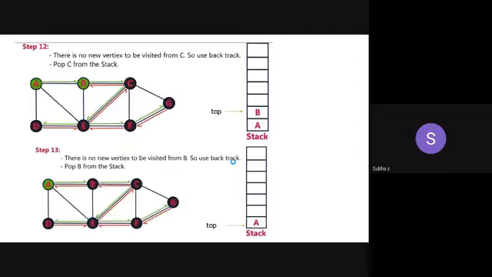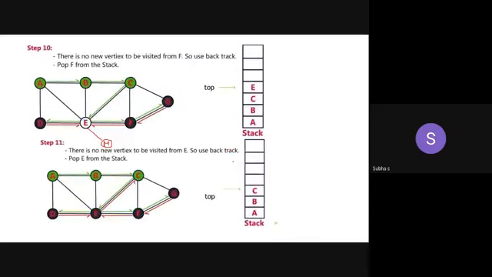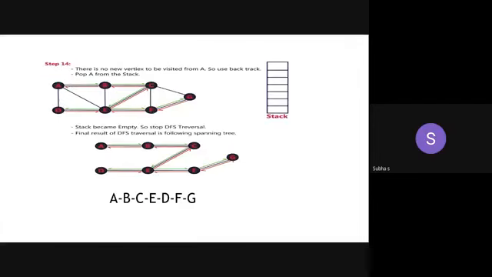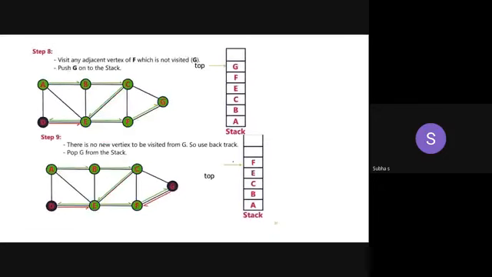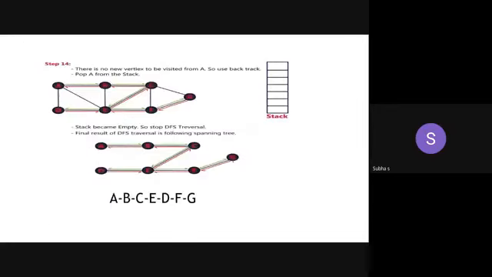In the way we pushed the elements onto the stack, you have to draw the tree like that. A, B, C, then E. From E, where have we gone? E, F, G. You have to draw the spanning tree like that. So A, B, C, E, D. Then you are coming back to E. From E, we are traversing what? F and then G. Here, some node can be visited more than once because you are backtracking.